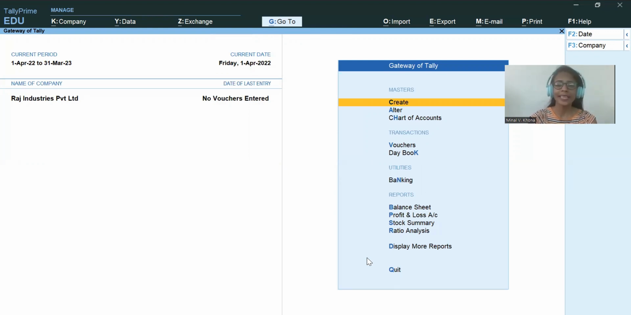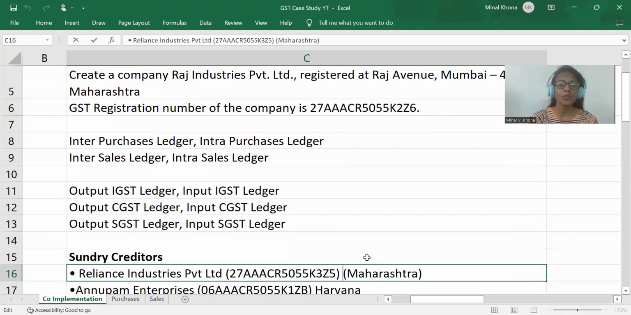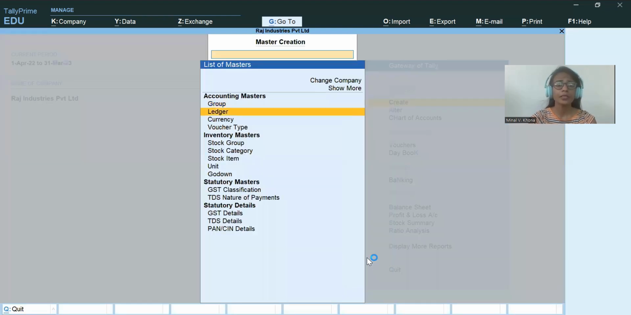Let's go ahead. Let's create creditors. So the first creditor which I am going to create is Reliance Industries Private Limited. All right. Now I can see a GST number, and Reliance is registered in Maharashtra. Considering this to be a B2B transaction, business to business transaction, I'm going to go ahead and create a creditor. So let's go ahead, create ledger